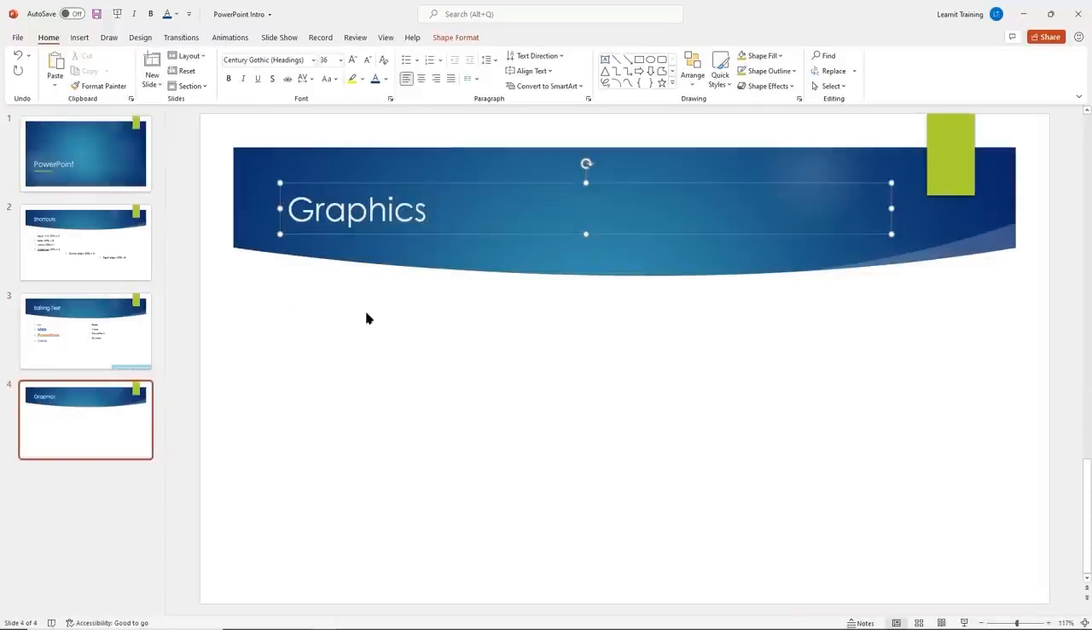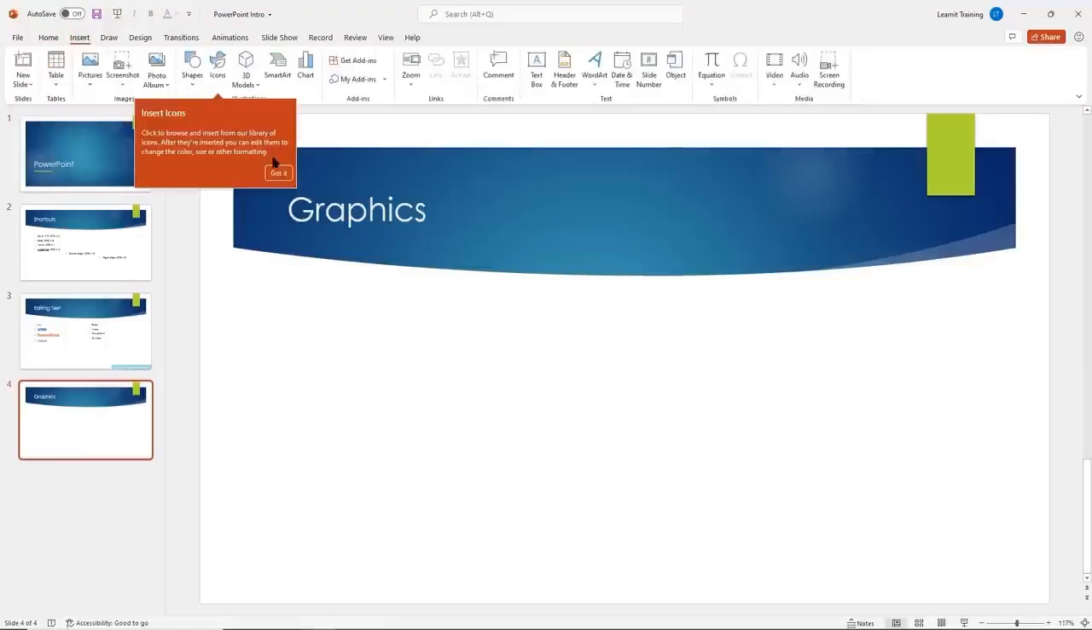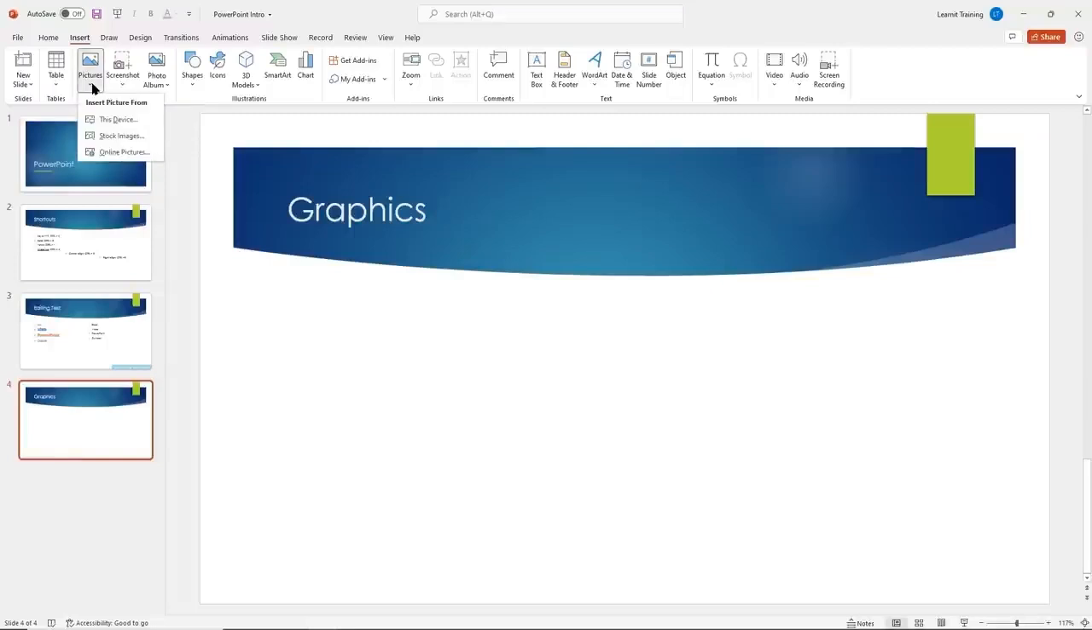Graphics here. And I'm going to go up to my insert tab. Earlier we visited this tab when we inserted a text box. Now I'm going to go back here, and I'm getting some recommendations here. That's fine. I'm going to go ahead and insert a picture. Now notice when you click on the picture drop down, you have several options here. So you can insert a picture from your device. We can get